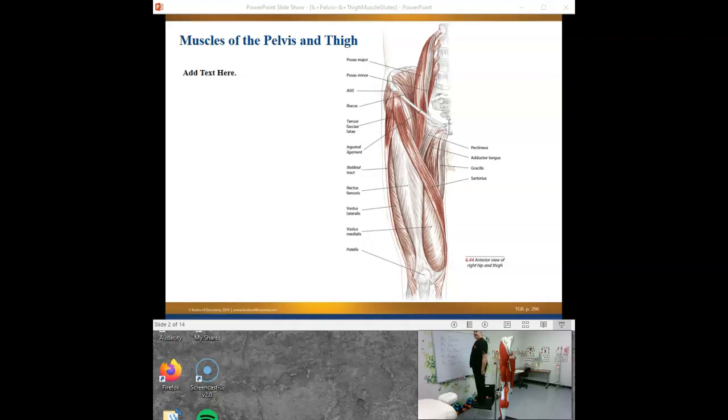Posterior tilt of my pelvis, yeah. And when I have a posterior tilt, my curves of my spine go away, believe it or not. It's not as common to see a posterior tilt of the pelvis, but it can happen. And by the way, because they create two movements, bending of the knee and this pullback, which is bending of the knee, extension of the hip, because they do this,